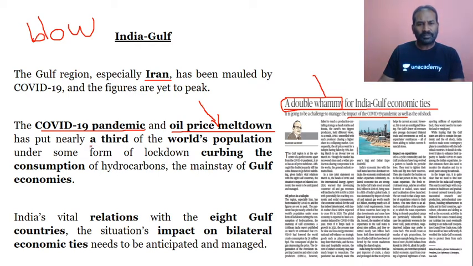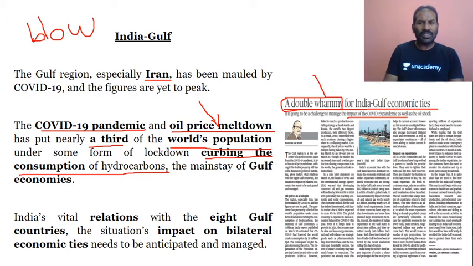So if you look at it, one third of the world's population is under the pandemic situation. Because of the COVID-19 pandemic, it is under lockdown. Because it is under lockdown, there is not much trade happening between the countries. When there is not much trade happening between the countries, that means transport has almost come to a standstill. When transport is almost at a standstill, that means the consumption of oil has come down. Please do understand, that means the consumption of hydrocarbons or oil has come down.